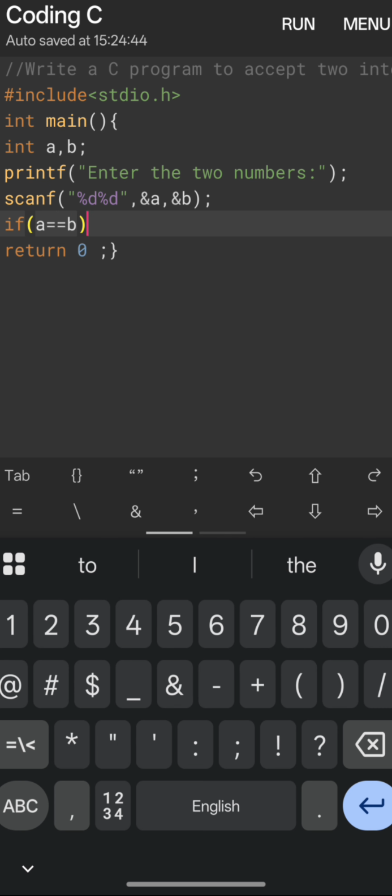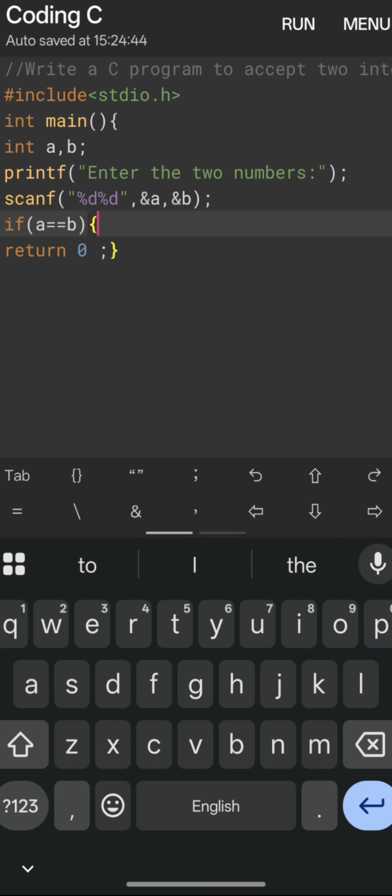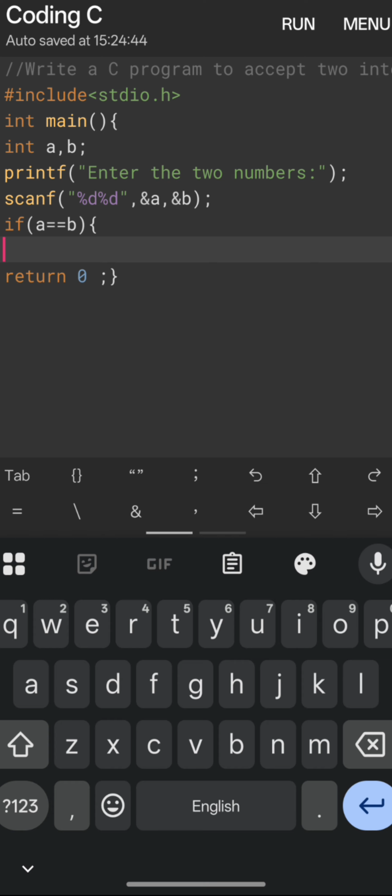It is not transferring the data. After I write the condition, I write the task that needs to be done if the condition is true. So if a is equal to b is true, then